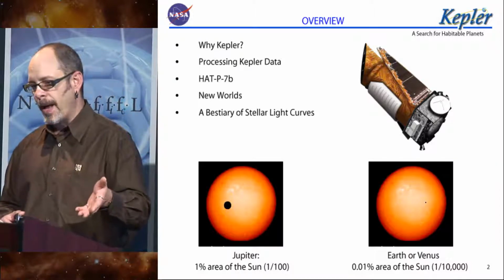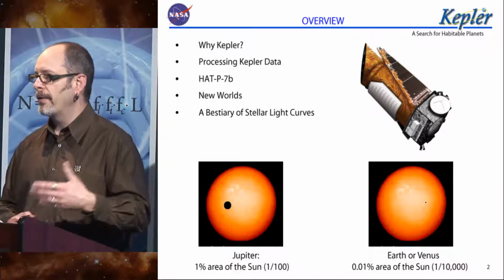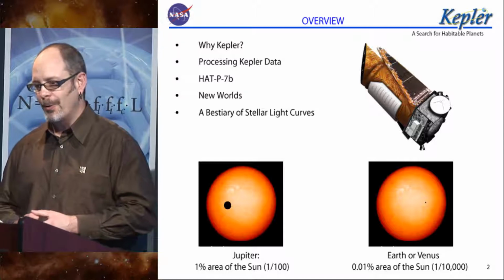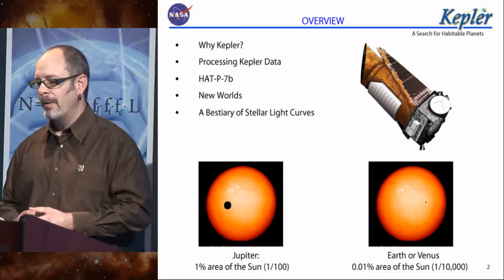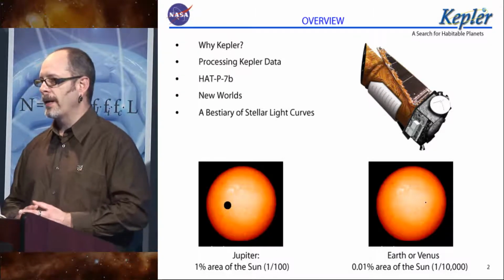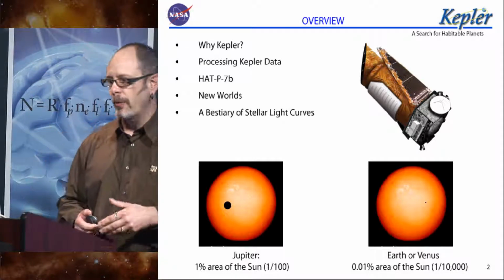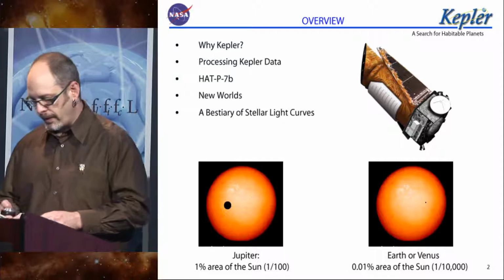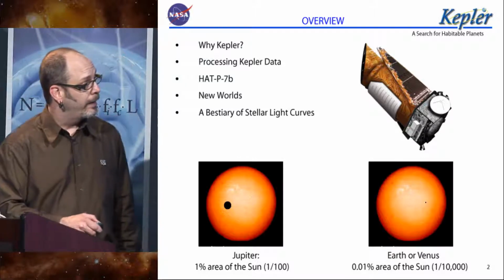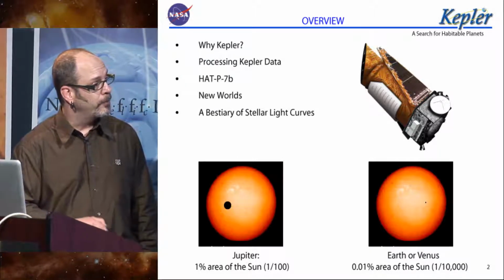So I'll talk a little bit about HAT-P-7b, about the discoveries that we've announced to the world of new worlds, and we'll look through a bestiary of stellar light curves that enable a whole host of astrophysical investigations, not just exoplanets. So to set the stage, at the bottom left here, there is an image of the Sun taken with